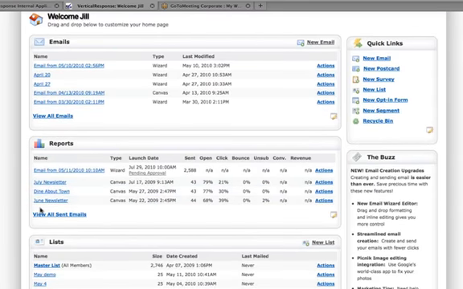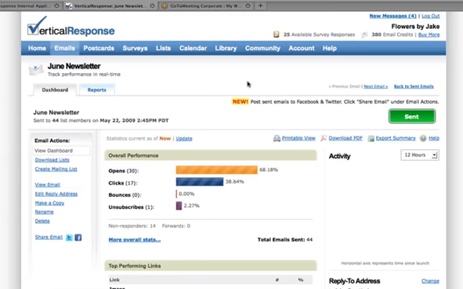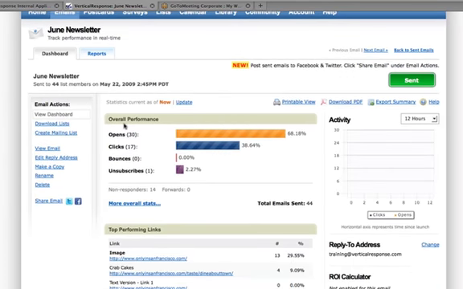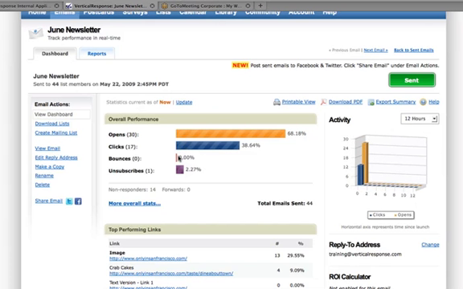So again, once your email's gone out, our system's going to start collecting the information about the openers, the clickers, any addresses that bounced, or anyone who unsubscribes. So let's go ahead and take a look at this one. I just clicked on the name of the email, and this is going to bring up the reporting section. So the first part that you see is this dashboard, and this kind of gives you an overview of how your email went. You can see how many opens you had, how many clicks, how many bounces, and how many